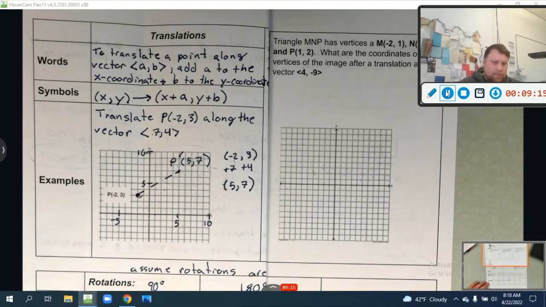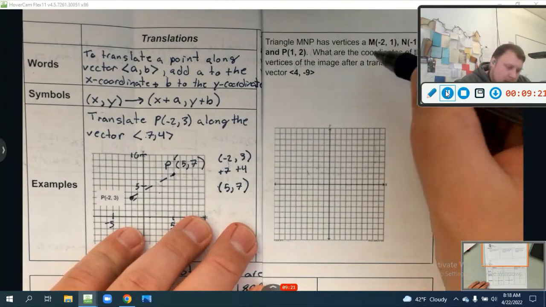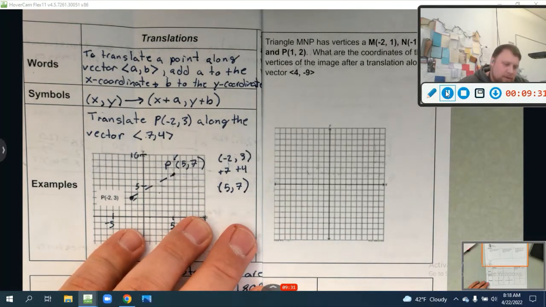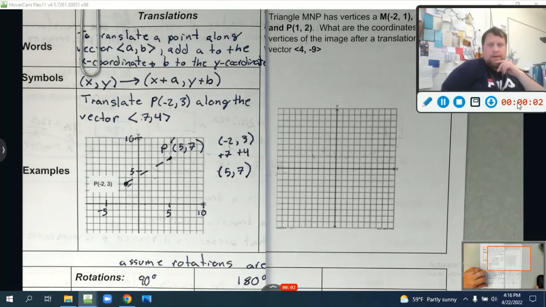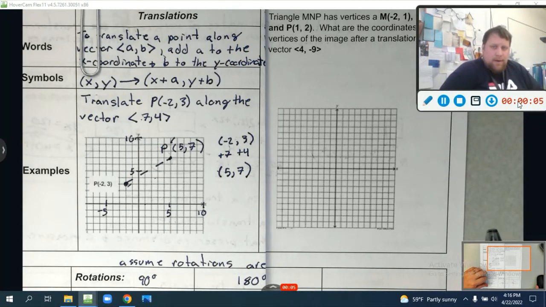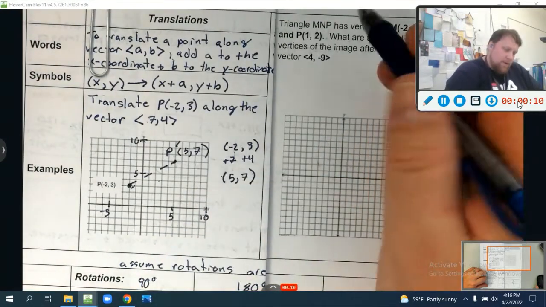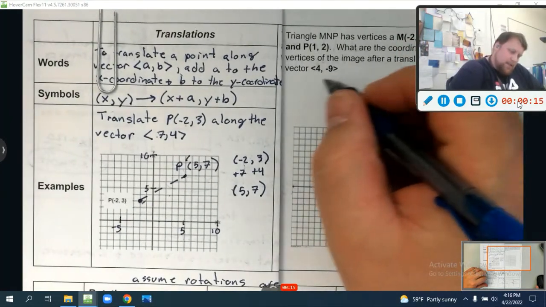Okay? So right here, we have the example triangle MNP with vertices M (-2, 1), N (-1, 4), and P (1, 2). What are the coordinates of the vertices of the image after the translation along the vector (4, -9)? All right. So, image after translation along the vector (4, -9). So here's what we're going to do here, guys. I'm going to take each of these points,